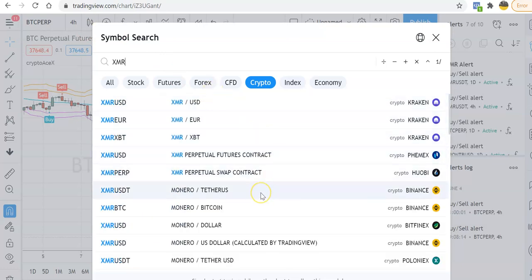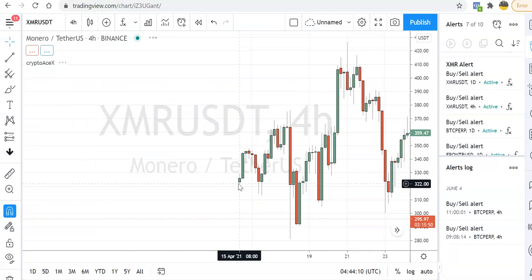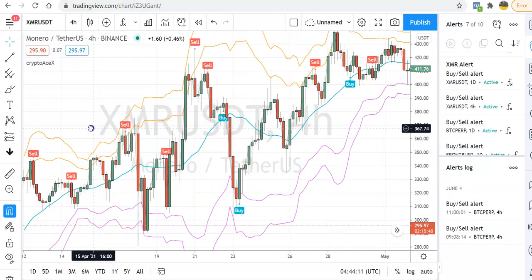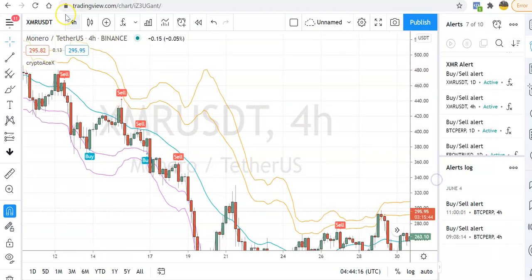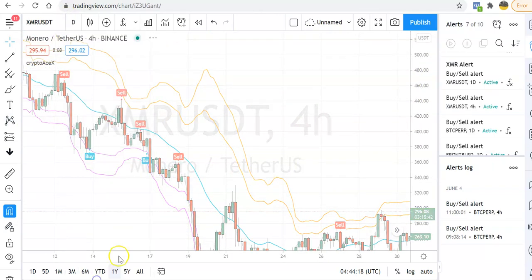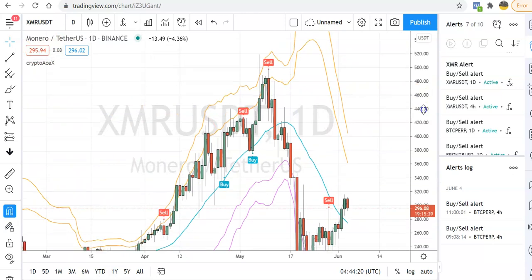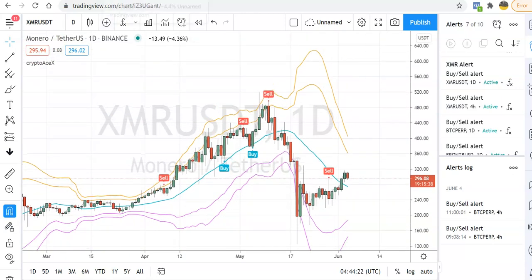Okay, Monero. Binance is the broker I use. We'll start looking at the daily chart first, and we'll go over that again. Okay, the rules for using this indicator will be below, but you can see basically at the top of this